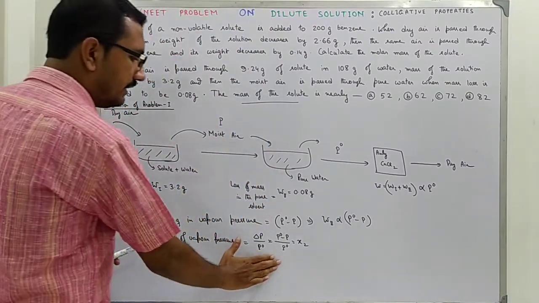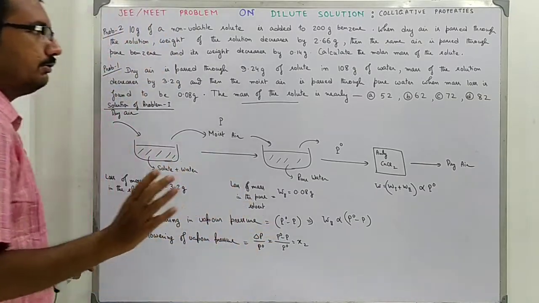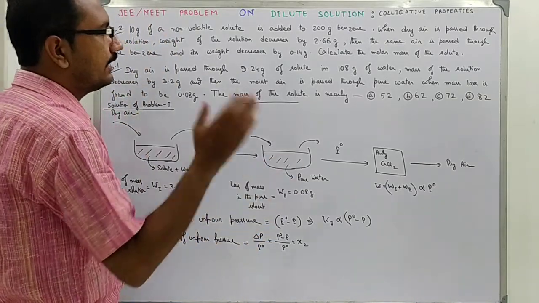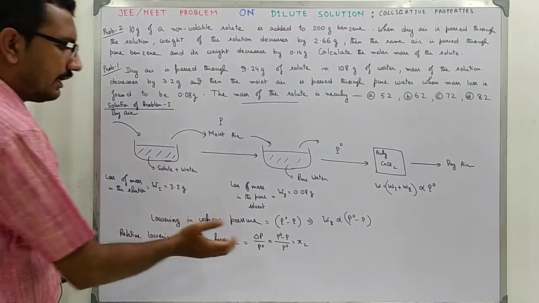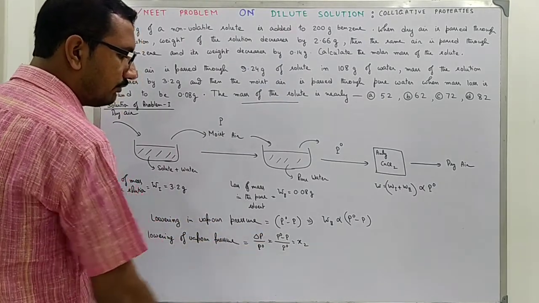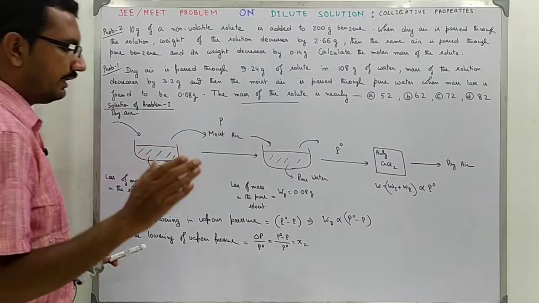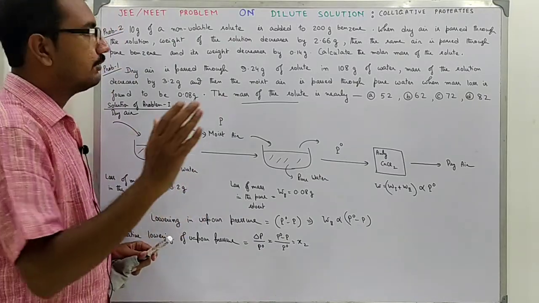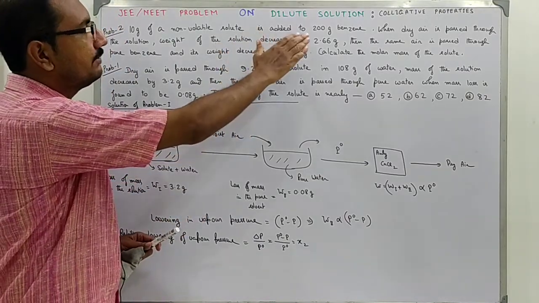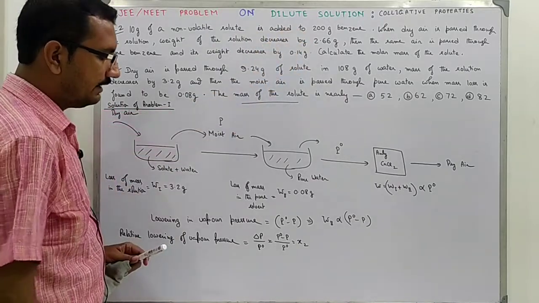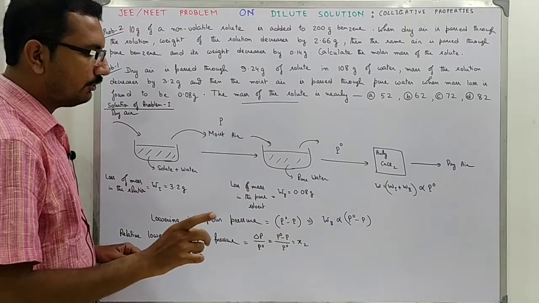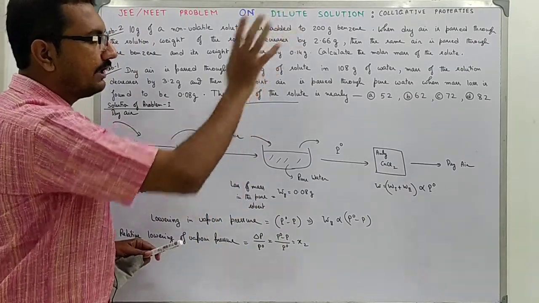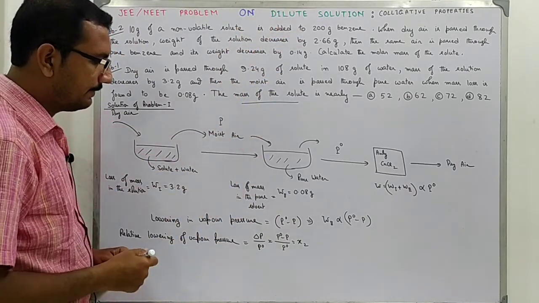So this is the relation, and I will derive it when I teach you the chapter solution or dilute solution, or colligative properties. Now this comes from Raoult's law, and Raoult's law is valid only when the solution is dilute. So the other name of this chapter is dilute solution, and it depends on the number of solute particles and not on the nature of the solute particles, hence the name colligative properties, that is number properties.